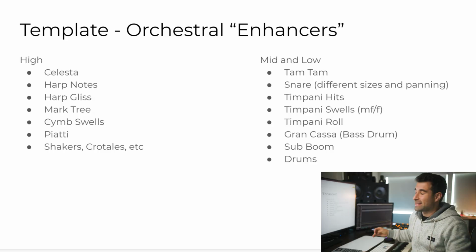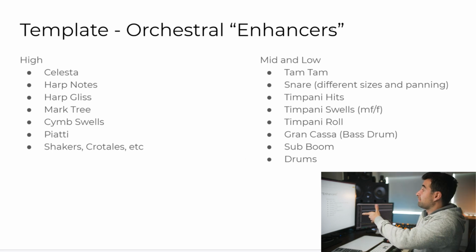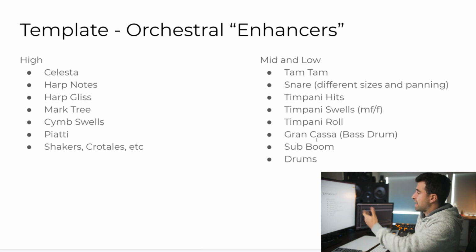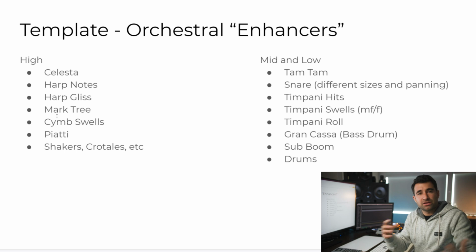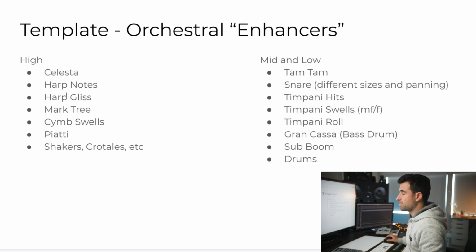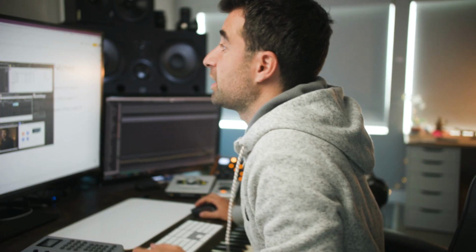We're going to just load the very basics. And in the next one, we're going to load what I call the orchestral enhancers. Basically just a little bit of percussion and a few more things. We've got the tam-tam, snare, timpani, gran cassa, drums, shakers, piatti, cymbal swells, but also a few more things like celesta, arp, etc. So we would start with a blank template again,